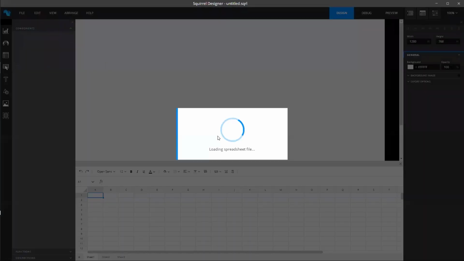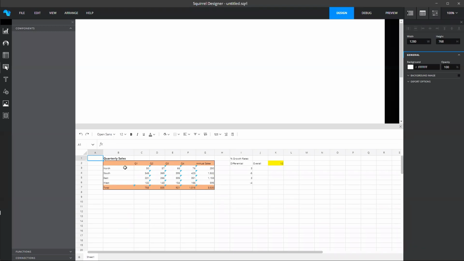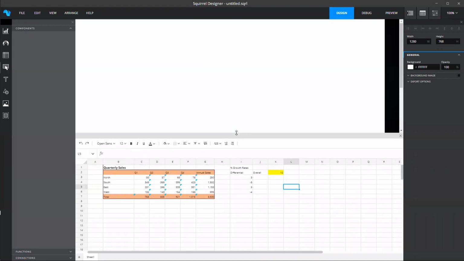I'm going to import the regional sales, and here we have it inside the designer, and it really is based on these 4 numbers for Q1 quarterly sales for North, South, East, and West. Everything else is totals, totals along the bottom, and then these are driven by growth rates. The overall growth just grows everything, and then these differential growth rates grow North, South, East, and West differently, just to give us something interesting to go after. And I'm going to build a little Squirrel project based on this, just to show you that it does exactly the sort of things that you would expect a good replacement to do.